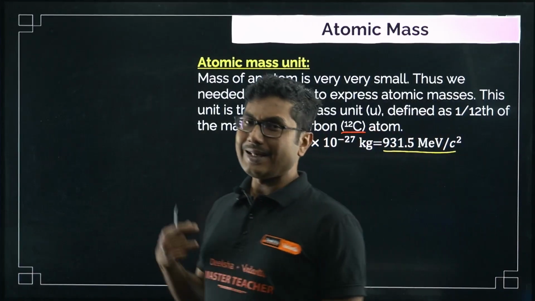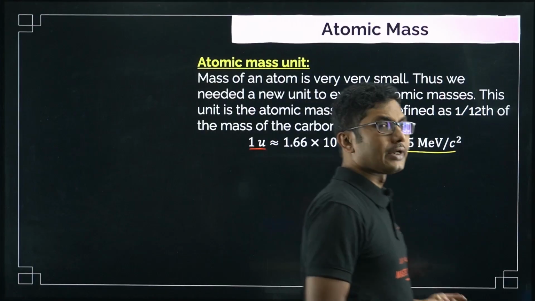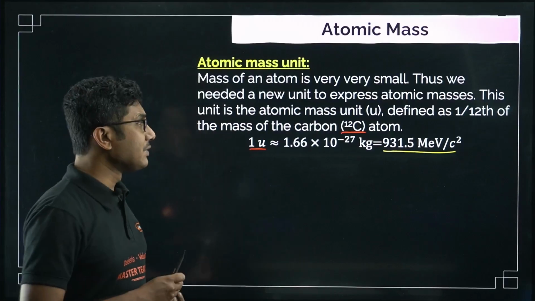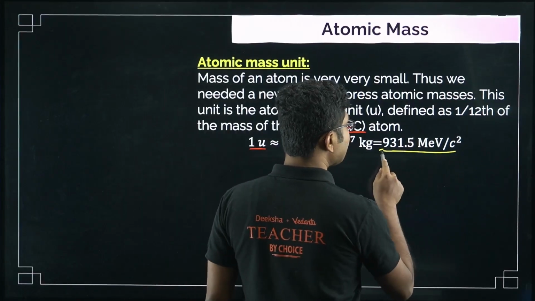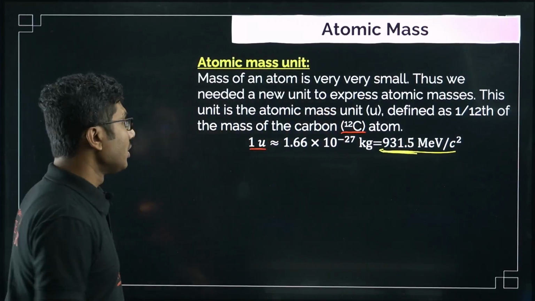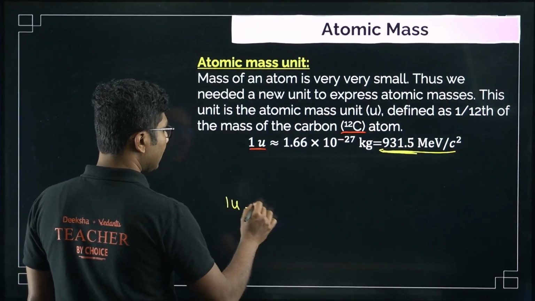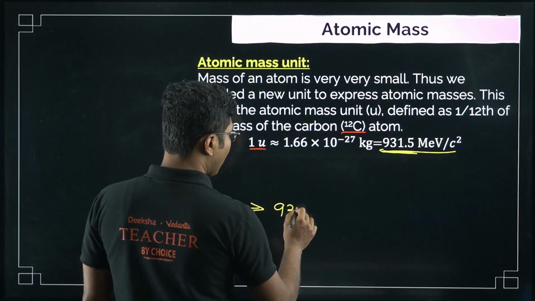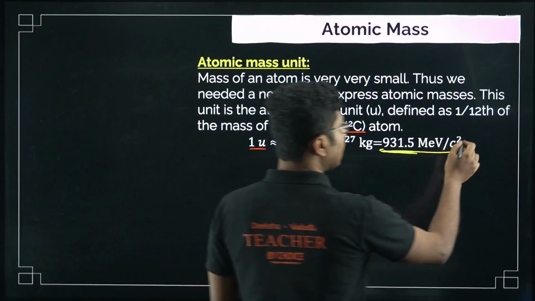In many cases where you have to convert atomic mass into energy, that is very, very important. So when you convert atomic mass unit to energy, the only thing you have to remember is, if you multiply with this 931.5, then the energy would be in mega electron volts. For example, if you convert 1 u of mass into energy, then the corresponding energy would be 931.5 MeV. Now sir, why have you given this divided by c square?